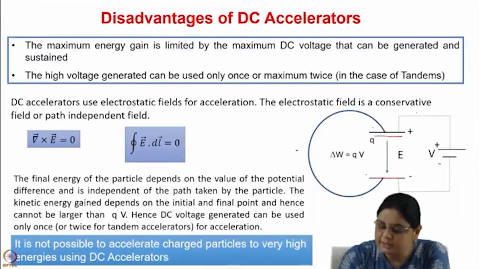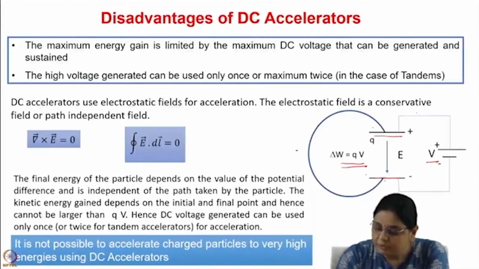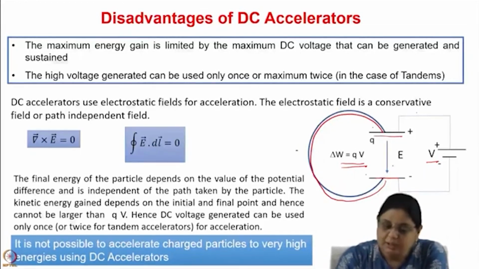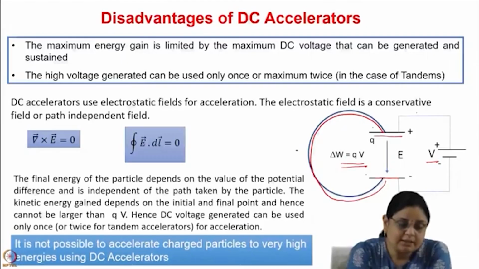Okay, so you've applied some potential difference V, and you've generated an electric field. The charged particle sees this field, and this is the energy gain. Now if you say, let me bend this and bring it back again and accelerate it again, it's not possible, because the DC accelerators use electrostatic fields for acceleration, and an electrostatic field